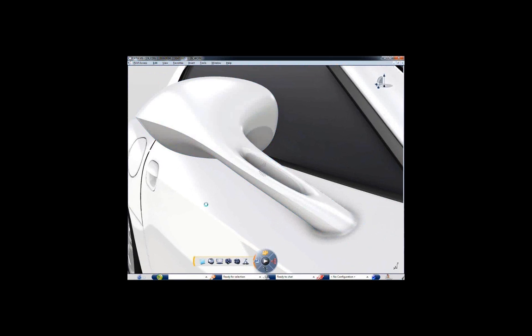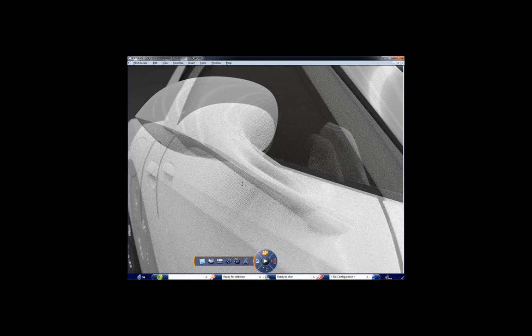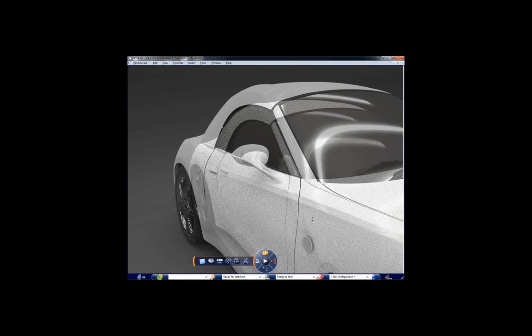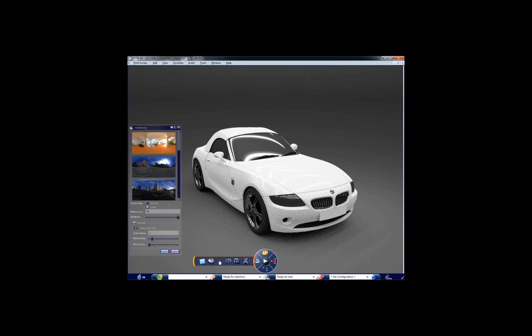You can also add hard edges on some faces if you want to have more stylish fading edge or hard edge at any time. And again, at any time, you can switch back to interactive ray tracing to see how it looks like in real life. With this technology, we also introduce a HDRI environment for image-based lighting to make it very simple and